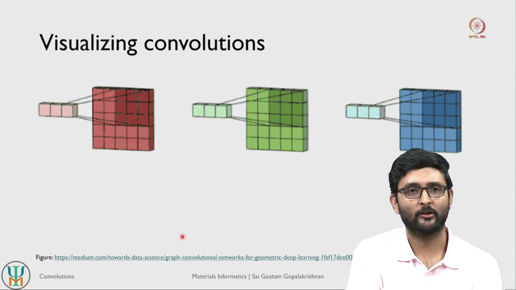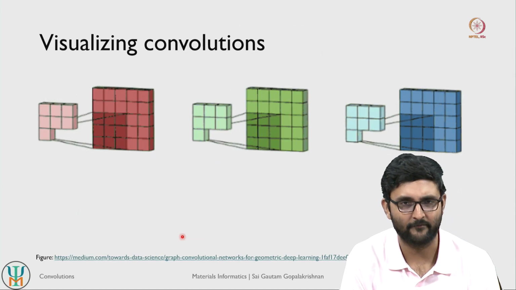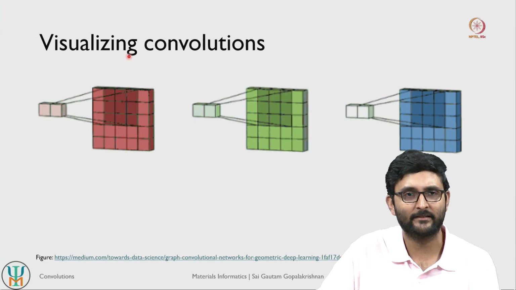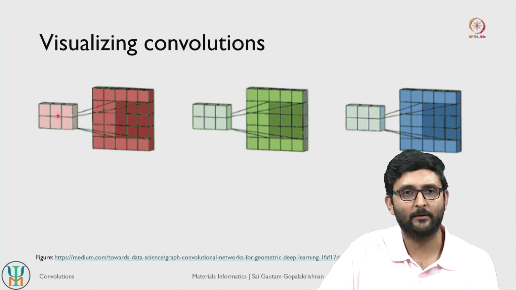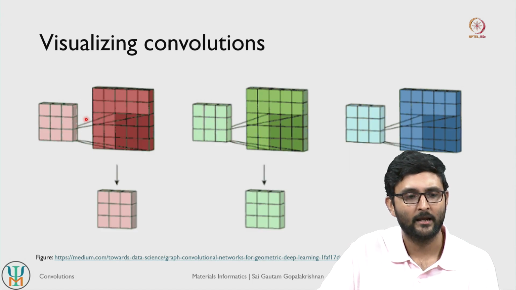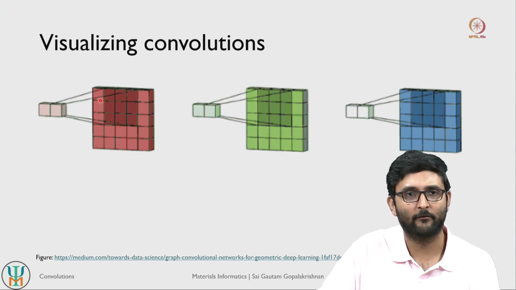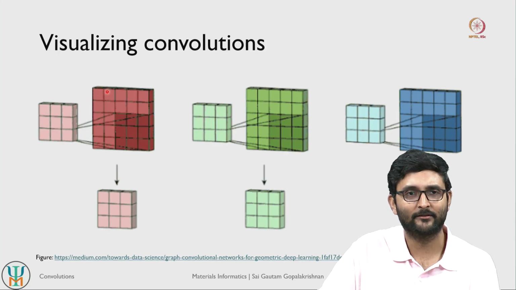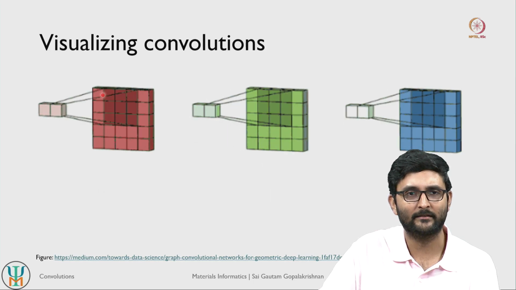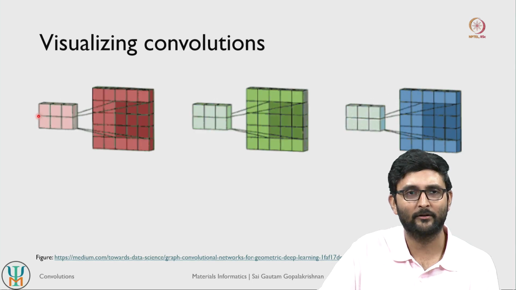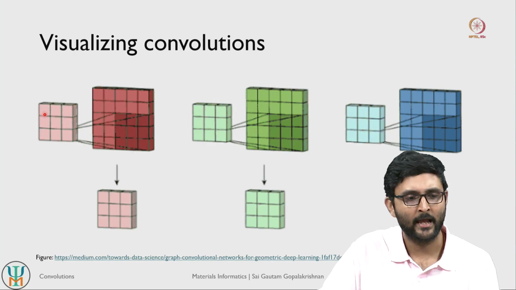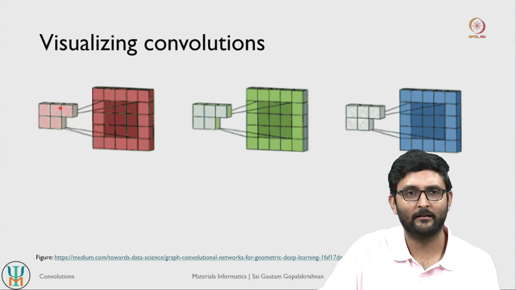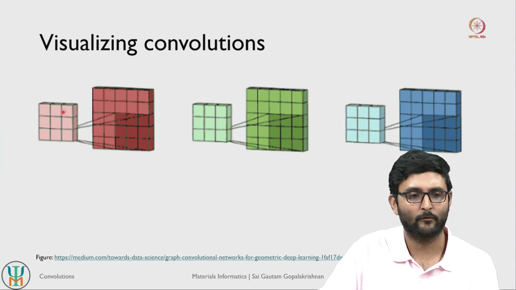Okay. So let's try to also get a visual sense of what convolutions look like. This is a nice GIF image that helps you understand. For example, each of these neurons here has a receptive field of a 3 by 3 matrix. So the first neuron scans through its receptive field of 3 by 3 matrices here and then assigns itself a value. How it assigns itself a value, we will get to that a little later. The same thing happens with the second neuron, the same thing happens with the third neuron and so on.